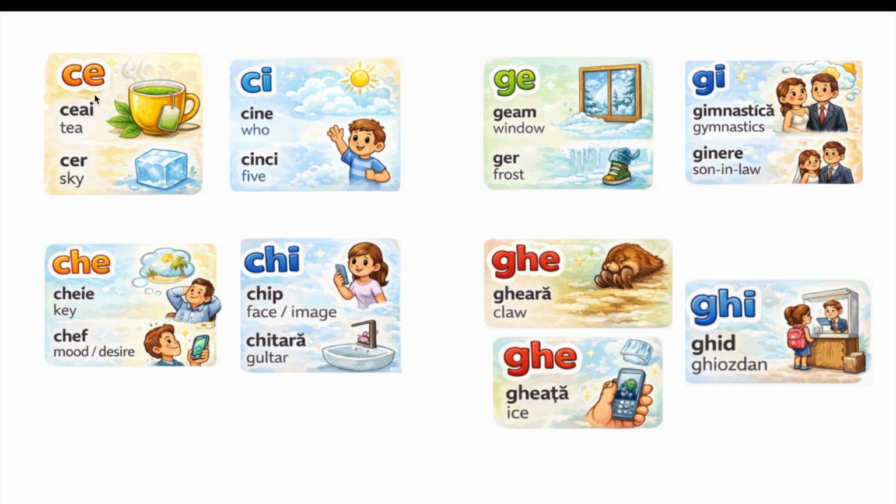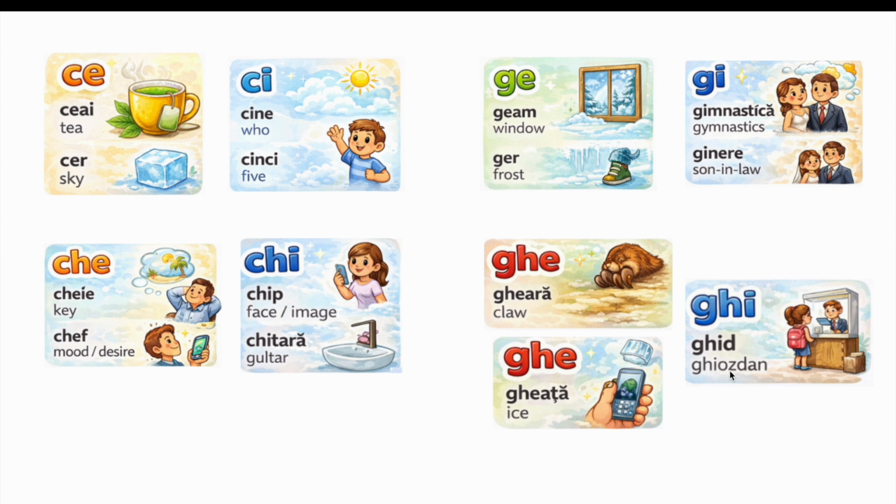So we have ceai, cer, cine, cinci, jam, ger, gimnastică, ginere, cheie, chef, chitară, gheară, gheață, ghiozdan,